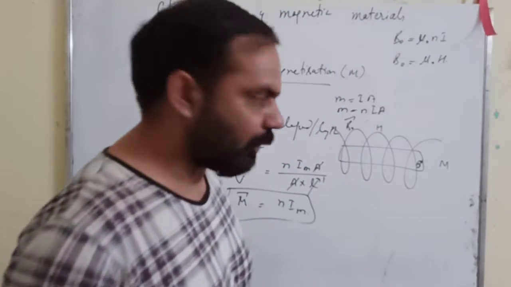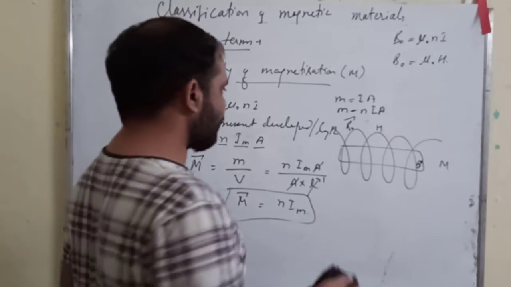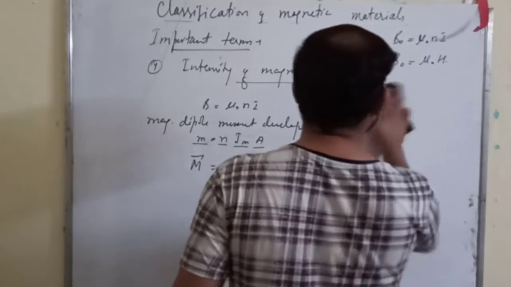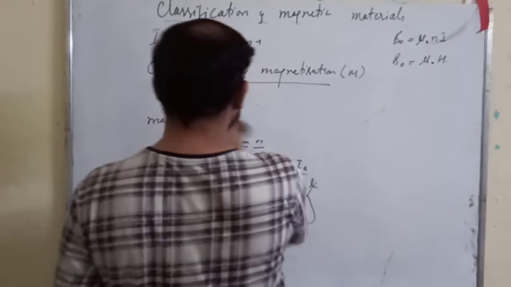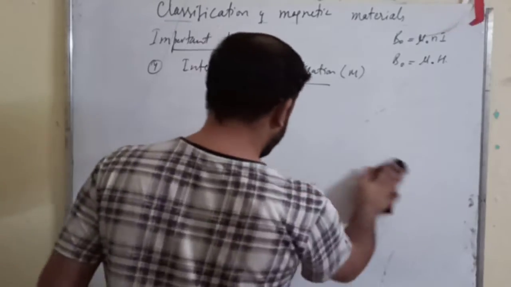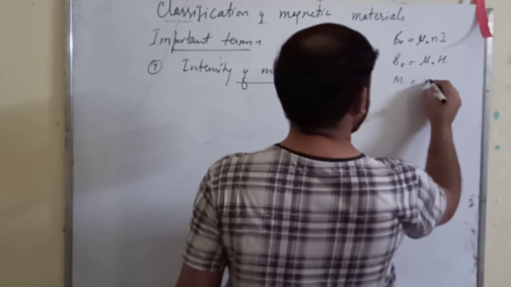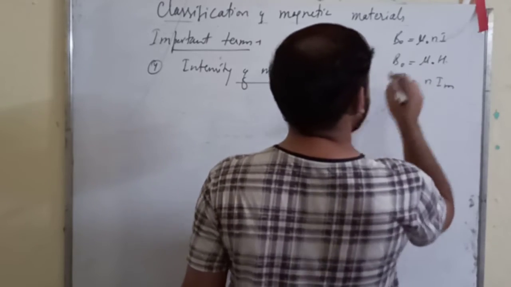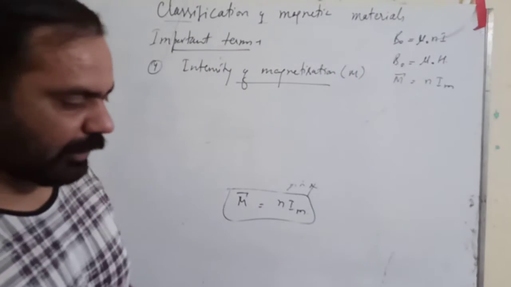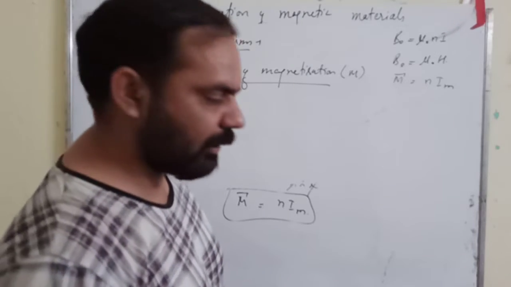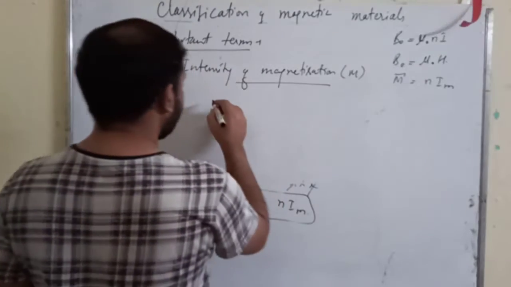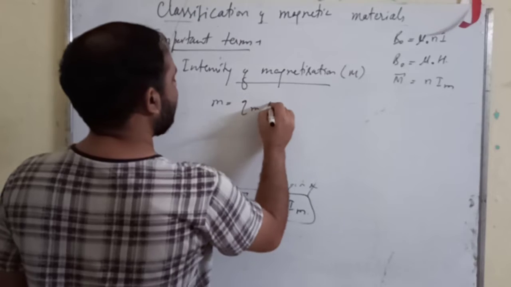We can have another formula for this intensity of magnetization, and that is M equals NIM. This is your intensity of magnetization. We can have another formula. Suppose M equals Qm into